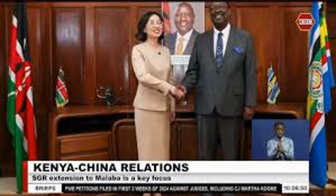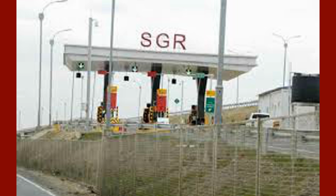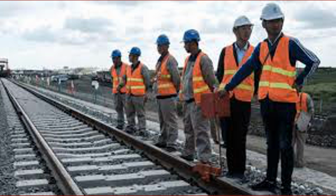Kenya has committed to financing 30% of the total cost of the SGR extension, which comes to around $1.59 billion. This amount will largely be raised through the railway development levy. This levy is a tax paid by various stakeholders, including businesses in Kenya, which is set aside specifically to fund railway projects. In addition, Kenya has considered the option of securitization, which essentially means that the government can raise funds by selling bonds or financial instruments backed by the future revenue of the railway. This is a way of attracting more capital upfront so that the government does not have to use all its